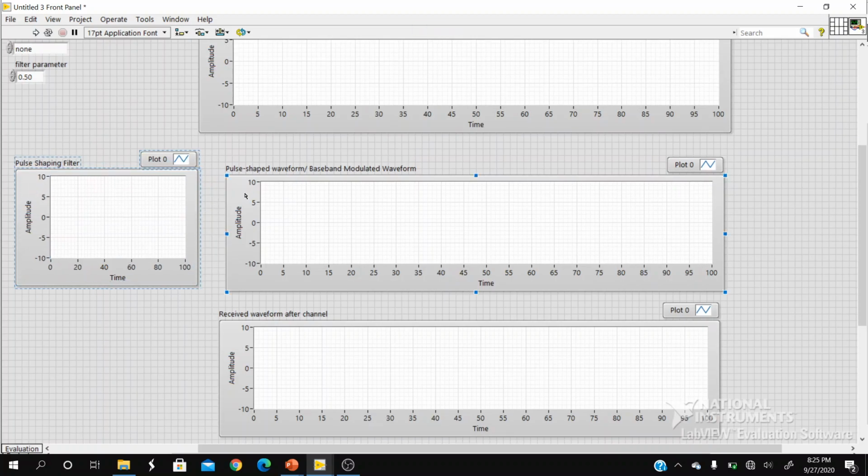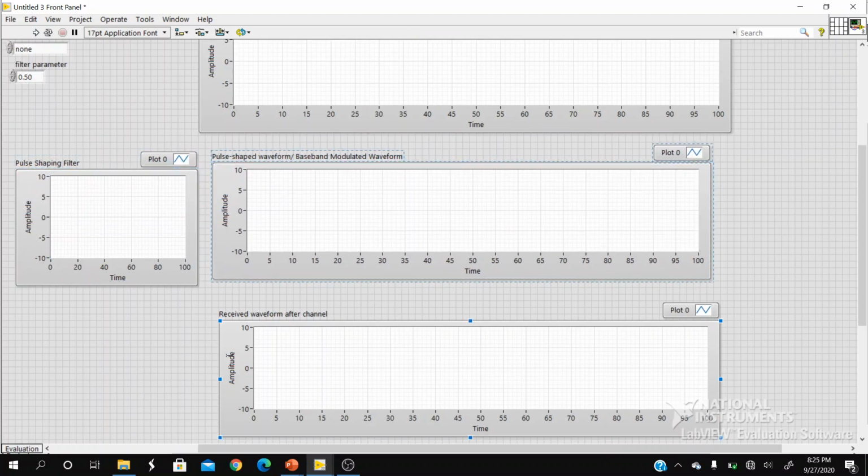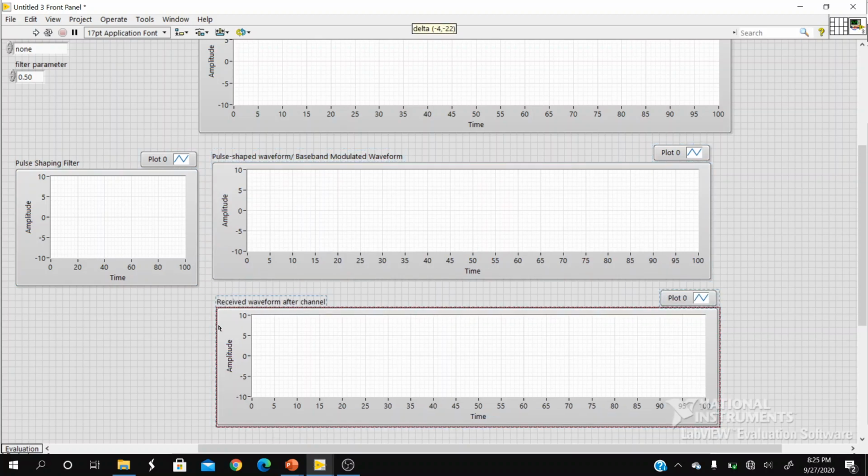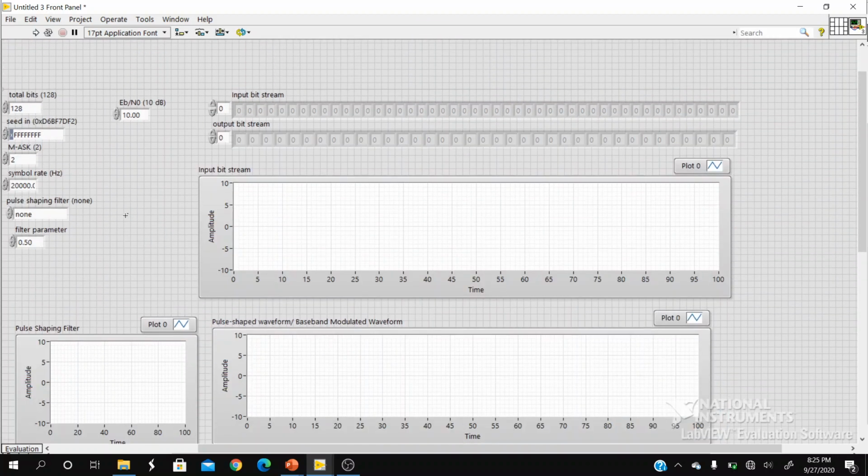So let us connect these waveforms which are not connected. Even if we run the code like this, you will not see any output. That is because these are connected and these are not connected. So let us connect these waveform graphs.